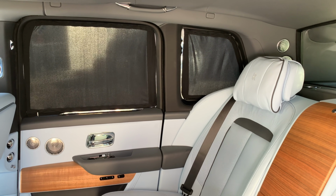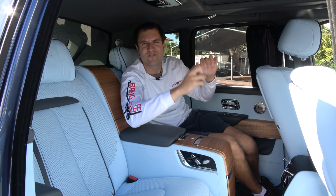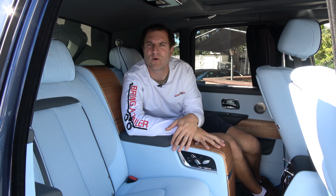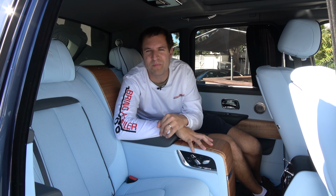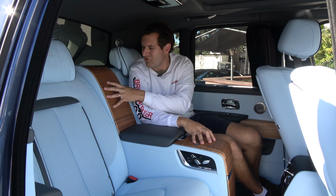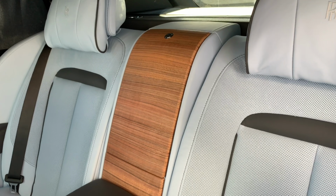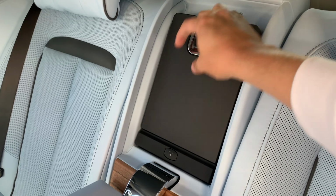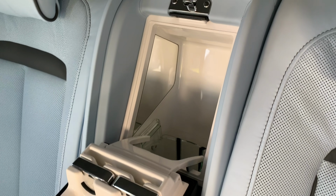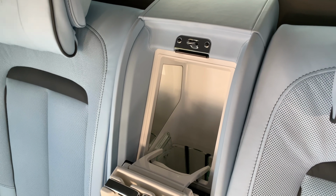It would be an incredible escape back here, being chauffeur-driven with all of your shades closed in your own personal Rolls-Royce bubble. And the luxurious rear features go well beyond the curtains. You see this giant wood panel in between the seats? Well, that's a fridge, and not just any fridge, but if you open it up, you can see it's specifically designed to keep your champagne bottle cool, so you can celebrate whatever economic success you've just had as you're chauffeured